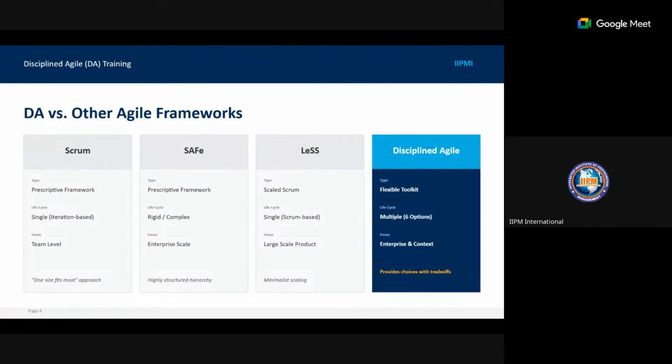In the cycle type, it is multiple, up to 6 options. And on the focus, it is enterprise and context based.